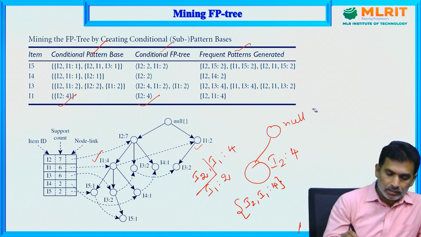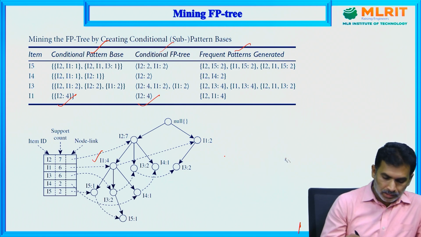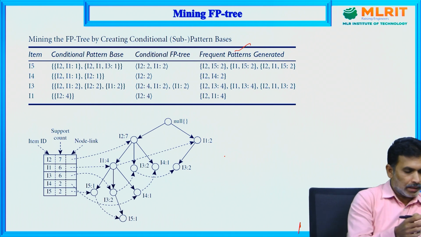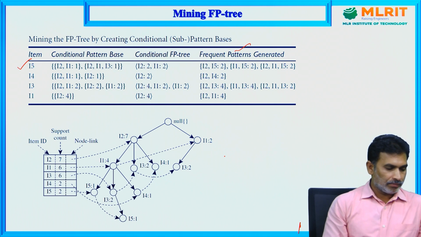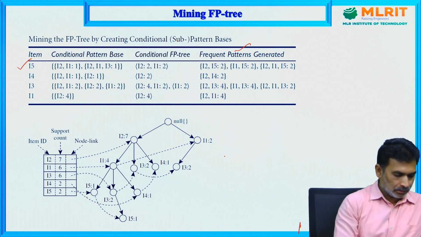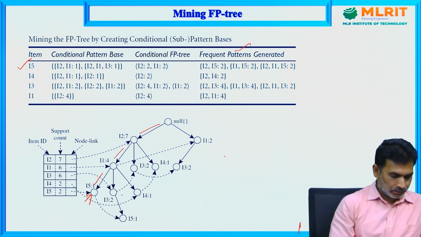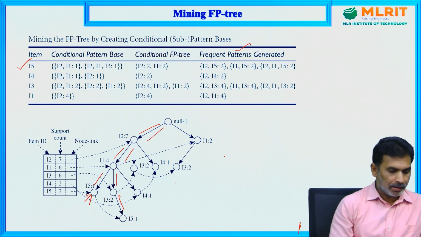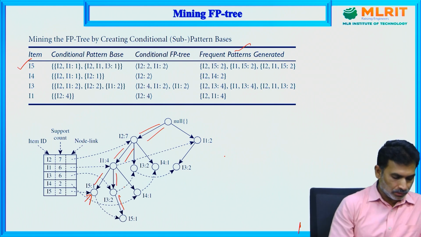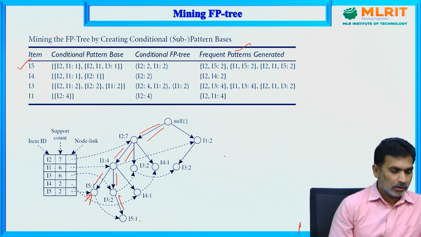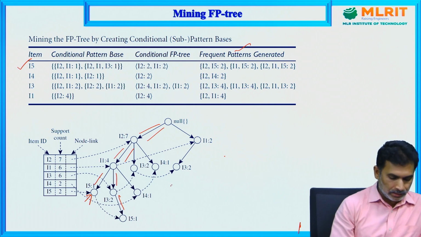Similarly, let us take another item to understand, say I5. If you observe the paths to reach I5 in this frequent pattern tree, you can consider this path, and next this is another one. So we have two paths to reach the item I5, and the conditional pattern base would contain